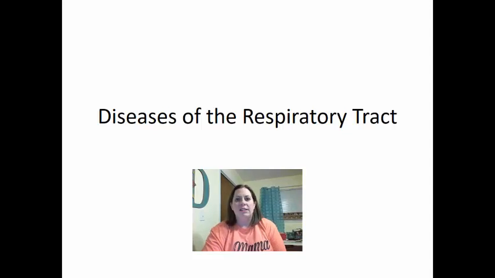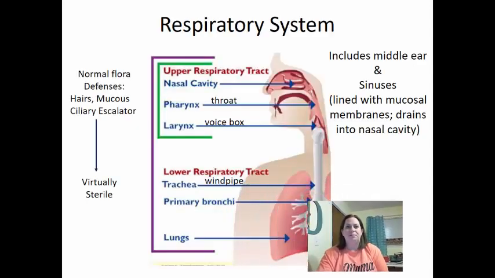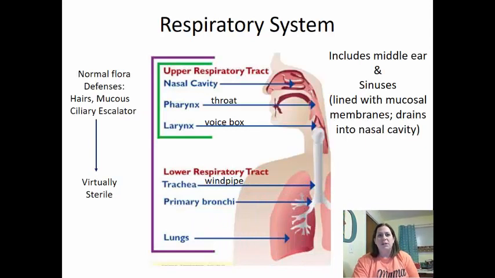Right, now we're going to cover the diseases of the respiratory tract. So when we're looking at the respiratory system, we can divide it into two different areas. We have the upper respiratory tract and we have the lower respiratory tract. The upper respiratory tract consists of your nasal cavity, your pharynx, which is your throat, and your larynx, which is